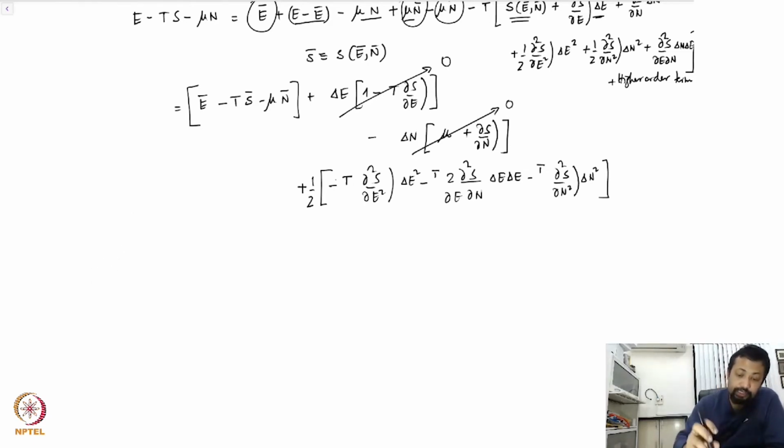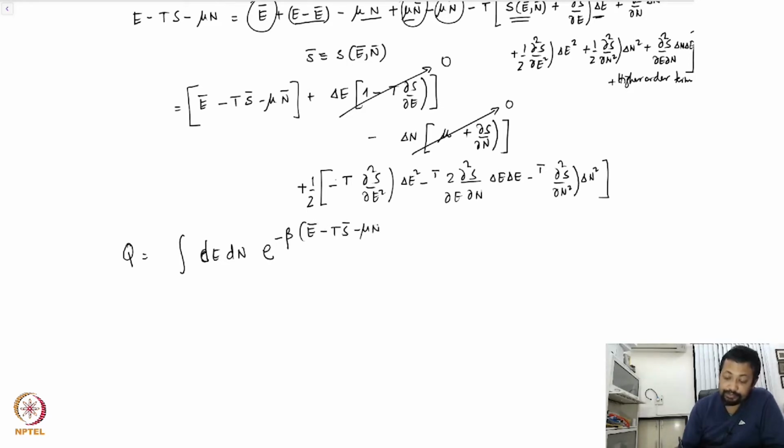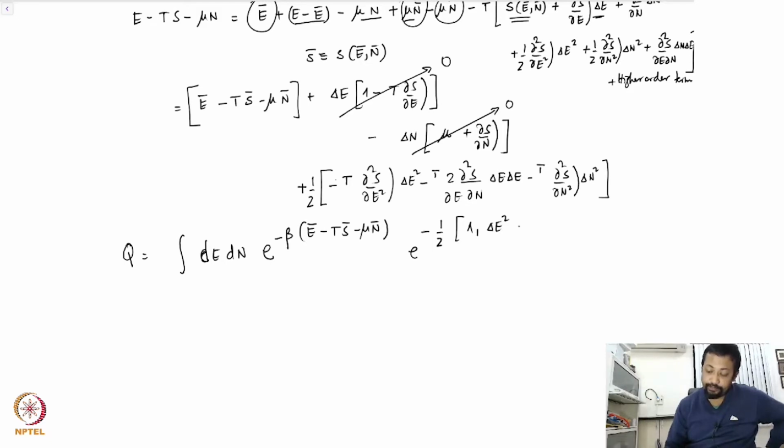So your Q of E, N becomes the integral dE dN e to the power minus beta E bar minus T S bar minus mu N bar, times e to the power minus half lambda 1 delta E square plus lambda 2 delta E delta N. I made the mistake here, this should not be delta E but delta E delta N, plus lambda 3 delta